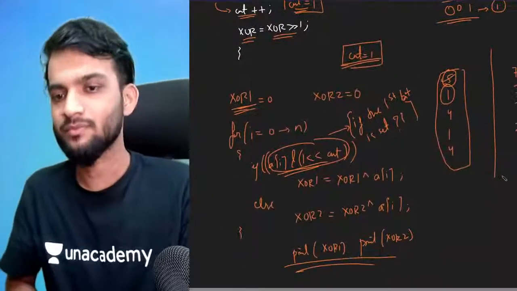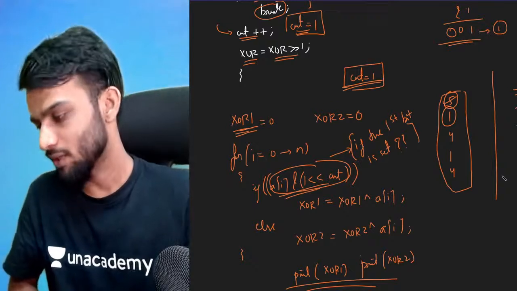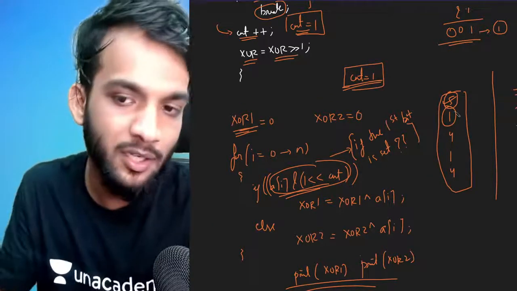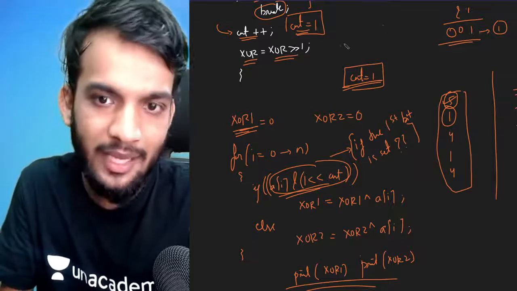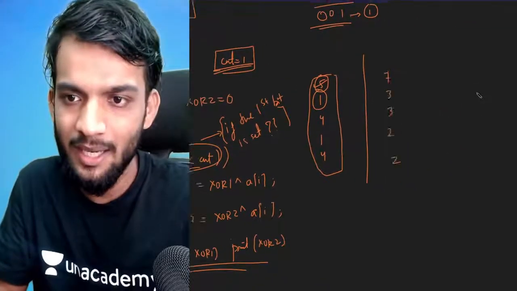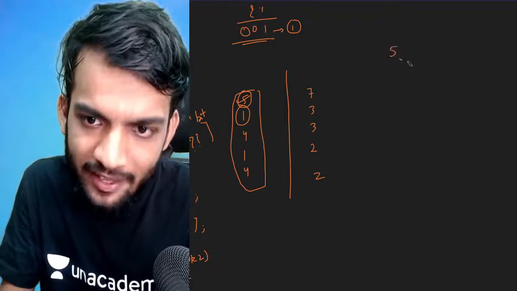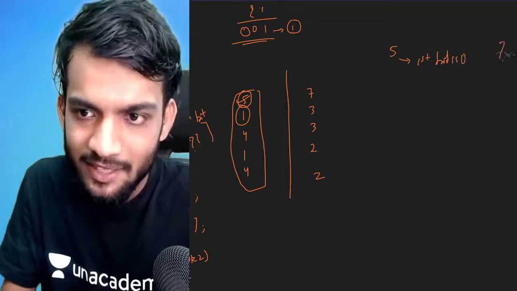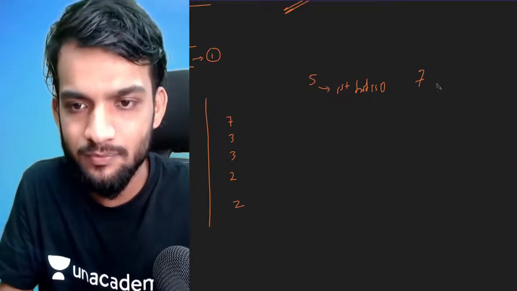Got it? Has everyone got this? Tech JD is saying, can you repeat? Yeah, sure. What were we doing? क्या कर रहे थे अपन, अगर आपको याद है? We are saying 5 का first bit is 0. Right? This is what I said. And 7 का first bit is